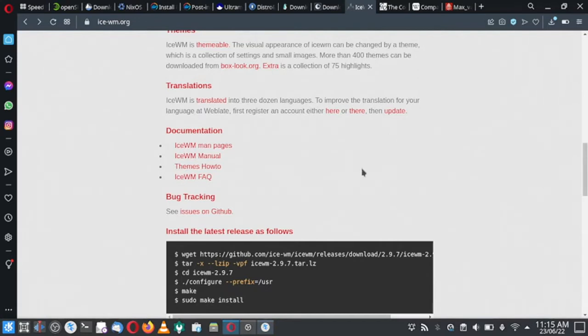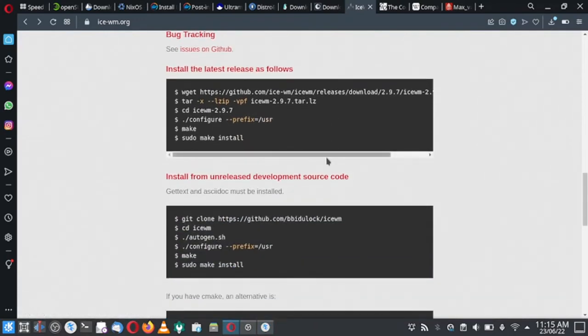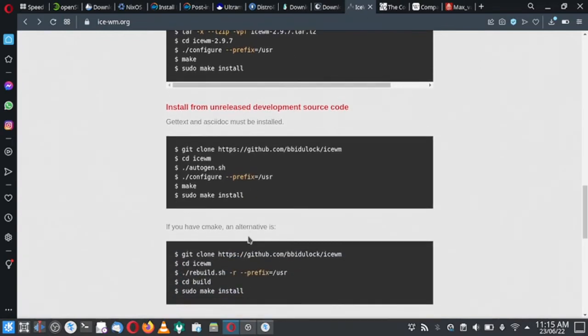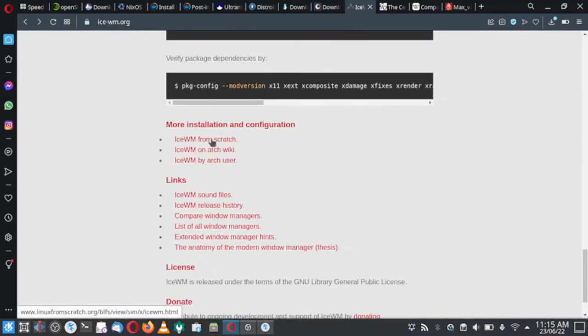And you can add your bugs and do the bug tracking here, so you can check it out on GitHub. If you want to install the latest release, you can use these terminal commands to download and install it on your system. You can go through this, and there is some more installation and configuration help on how to make IceWM